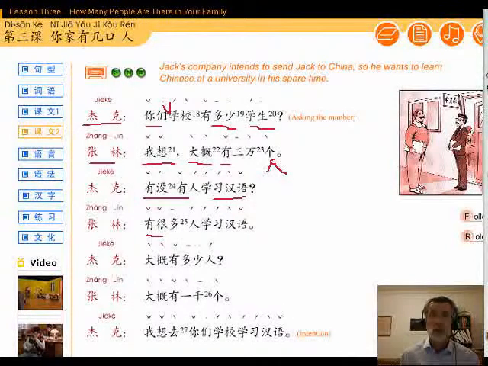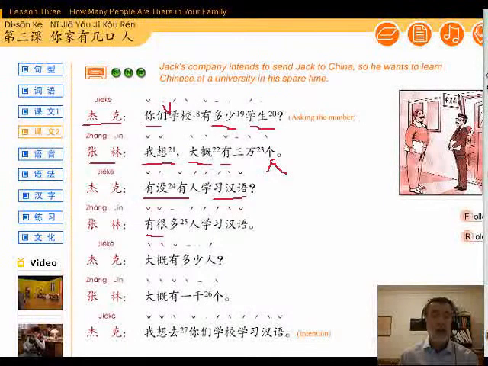请你再说一遍. I think using the software program I'm using at the moment, I don't have any way to type on the screen here, and it's really hard to write with the mouse. So I definitely will teach you how to ask, can you please say it again, in one of the later lessons, most certainly. Alright, so Zhang Ning's answer was 有很多人学习汉语.